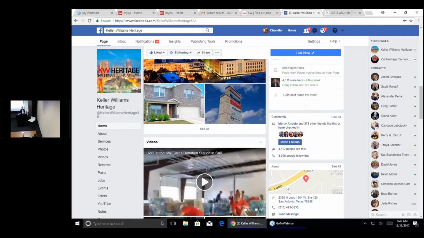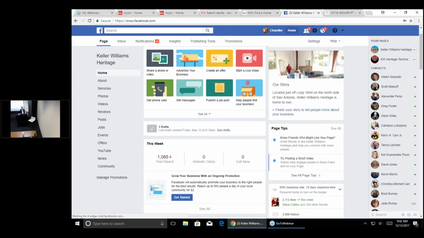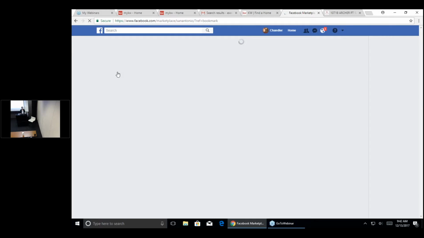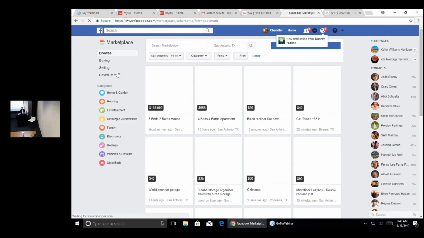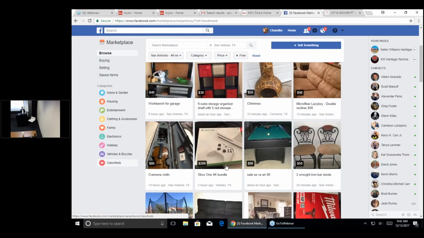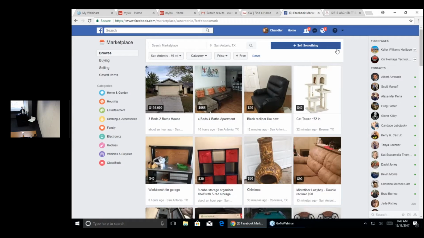Okay, next thing we're going to want to do on Facebook, if you go home, you're going to want to put it in the marketplace on Facebook. This is for everyone that's selling and buying different stuff in Facebook. So you're going to go to marketplace. And you can see, actually, there's already a home right here. Basically people are buying and selling things, but you're going to want to be putting it in here because you are selling something. So you want to go to sell something,